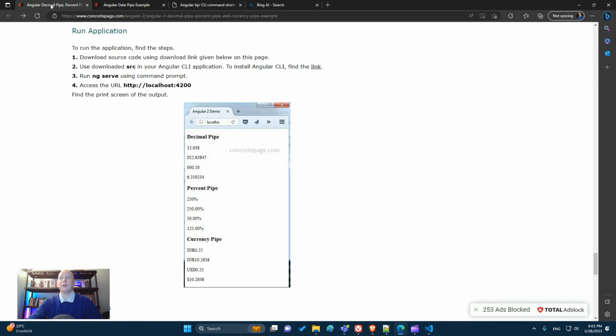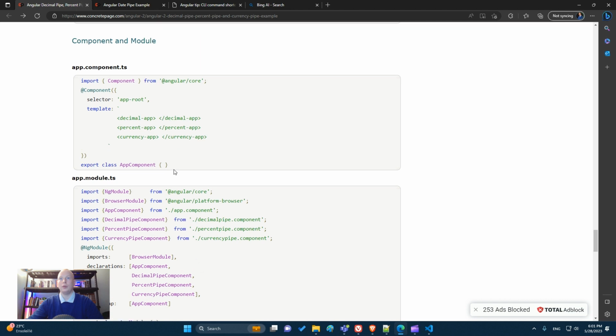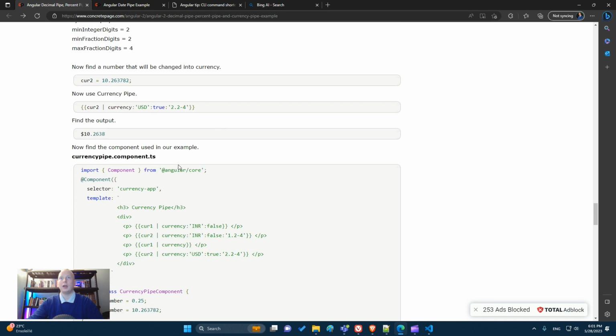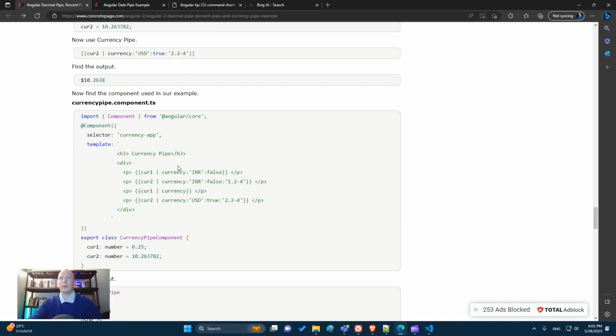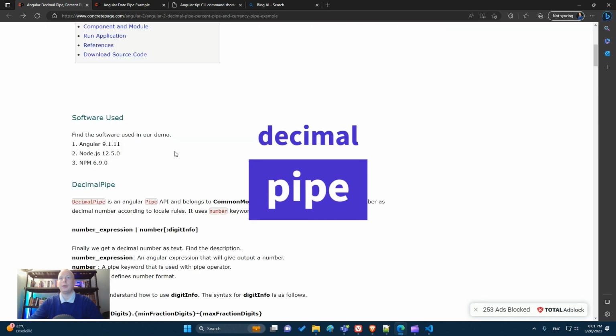So let's start. We have here the app component, module, and there is a component here, which is named currency app. We will start with the decimal pipe.